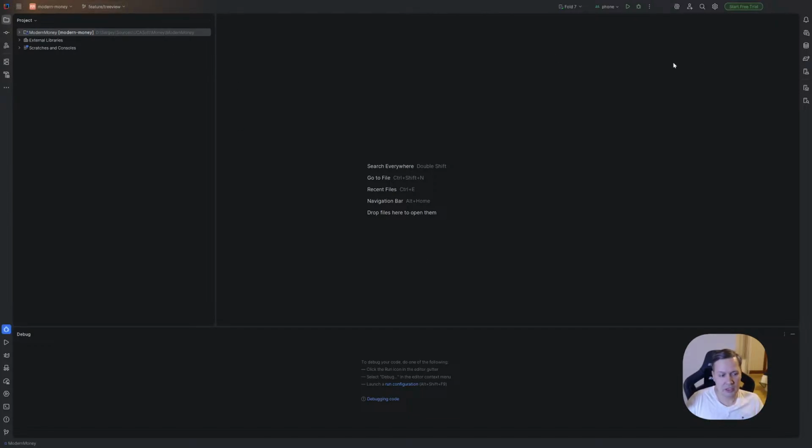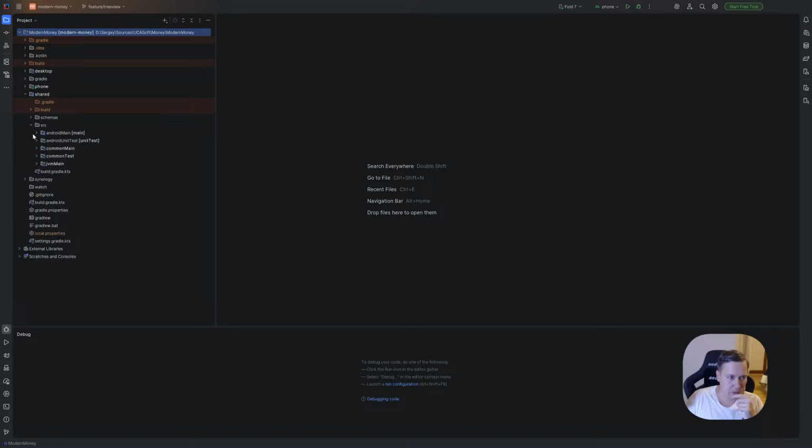IntelliJ has now merged the community version and professional version, that's why you can see this start free trial. It's not because I tried to use this version. For me, the community version is quite enough, but they merged it, and right now this button is here.